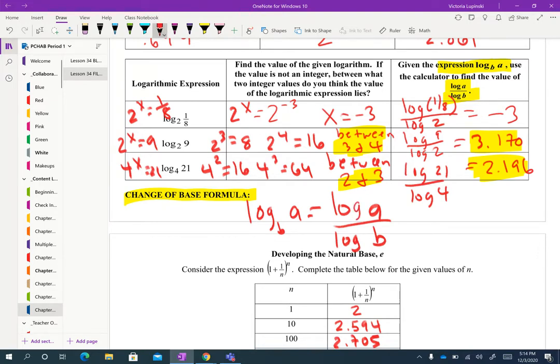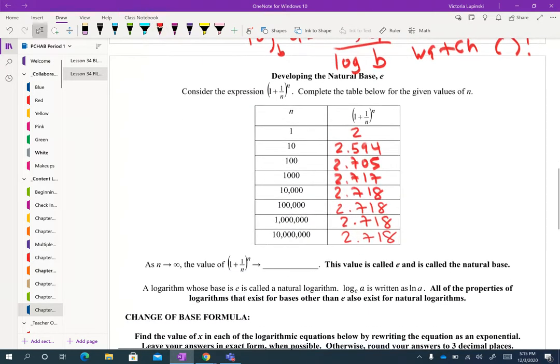It's always the log of the argument divided by the log of the base. And again, make sure it's a log on top and bottom, and watch your parentheses. If your calculator opens one for you, please make sure that you close it. So now go ahead and take a look at the next slide, and we're going to talk